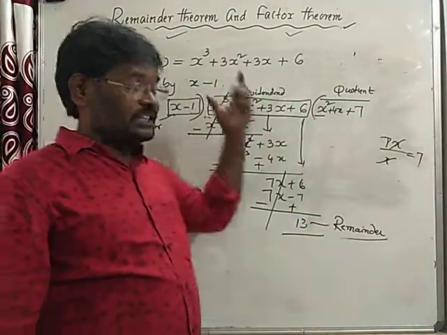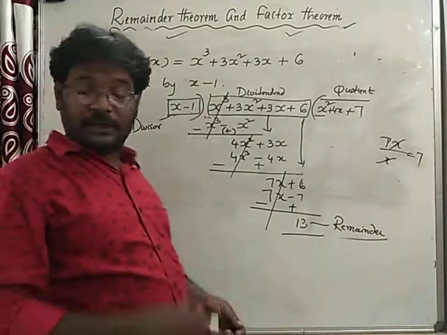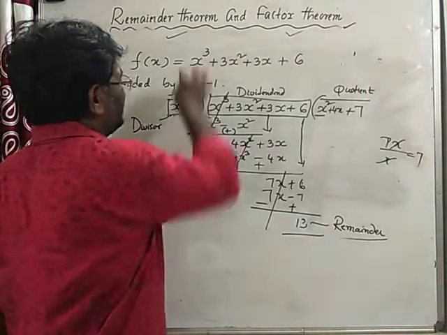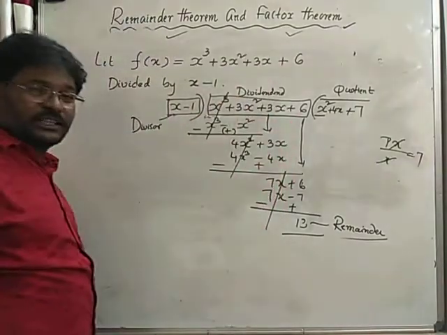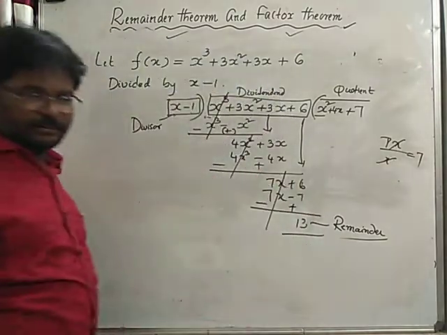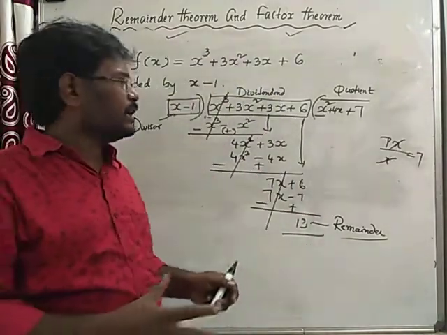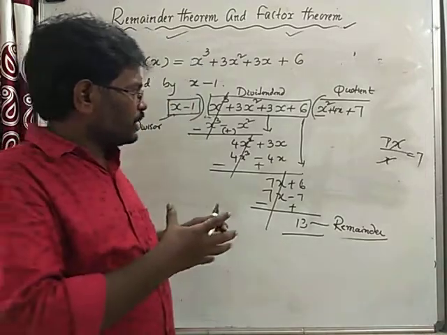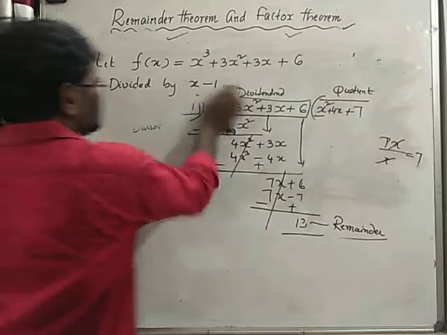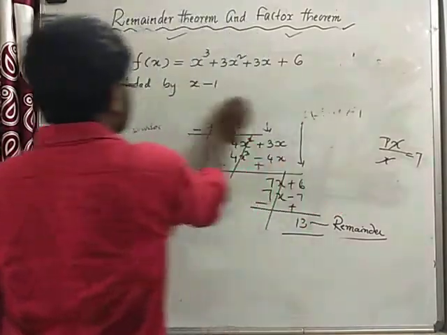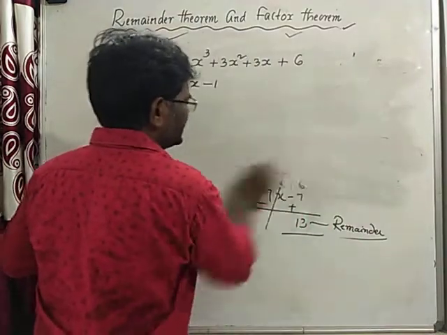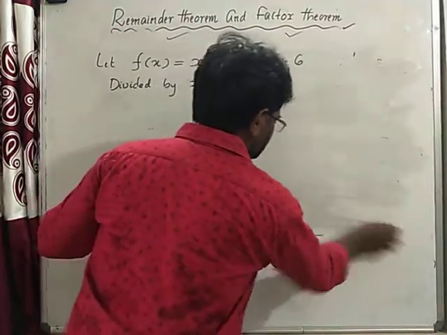So what is remainder theorem, factor theorem? Now I will explain to you. See, this is the remainder, 13. If we divide the entire polynomial expression by x minus 1, we obtain the remainder 13. Is there any shortcut way to obtain the remainder? See one thing, I am doing this. See, without actual division, we can find the remainder at a stitch. See that.